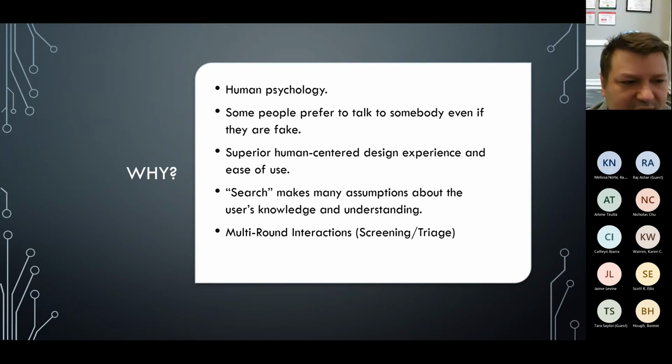They meet people where they are. A lot of people just prefer to talk to somebody, even if they know that somebody is fake. Sometimes, especially about embarrassing or difficult topics, it may even be preferable to talk to a bot over a real person. It can honestly be a simply superior design and user experience